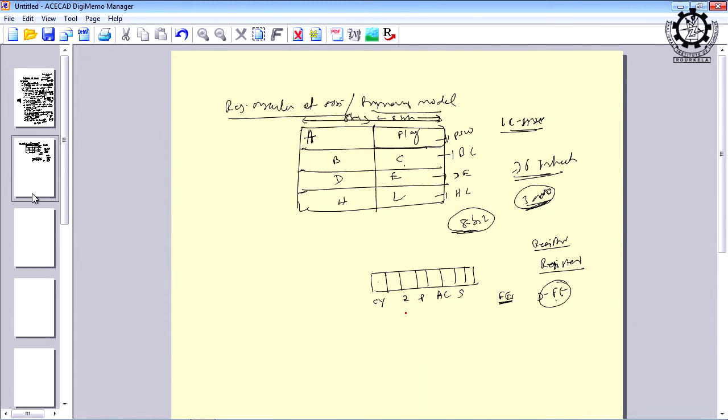So, okay, so carry flag, zero flag, parity flag, auxiliary carry flag, sign flag. Sign, as the name indicates, you can guess easily. Sign flag means each of these flags can be 1 or 0. When the result of the operation is negative, it will be 1, and when the result of the operation is positive, it will be 0.